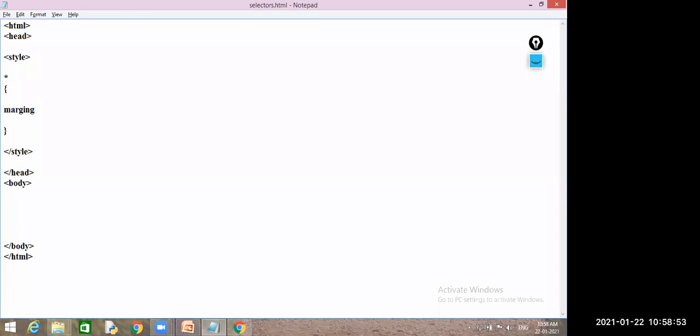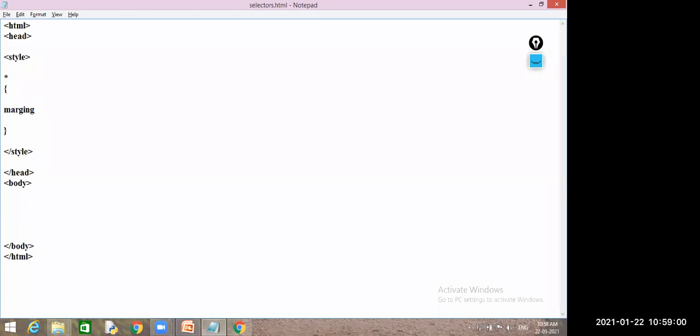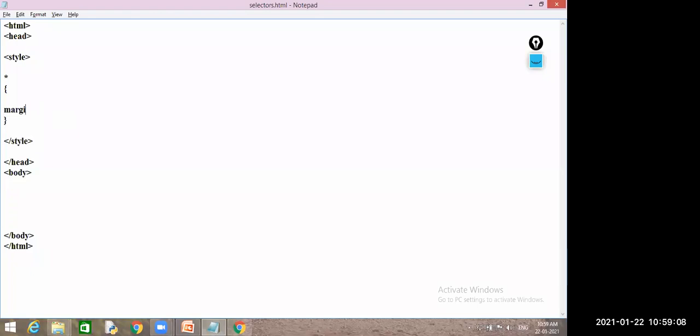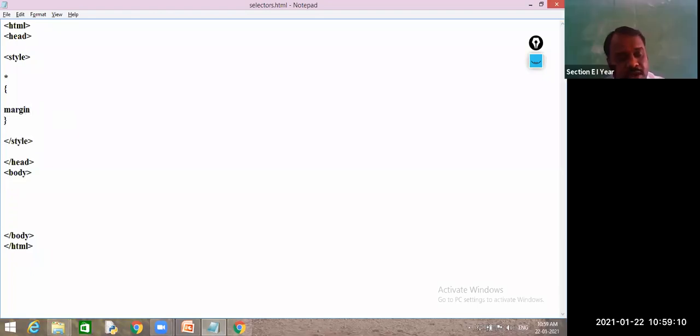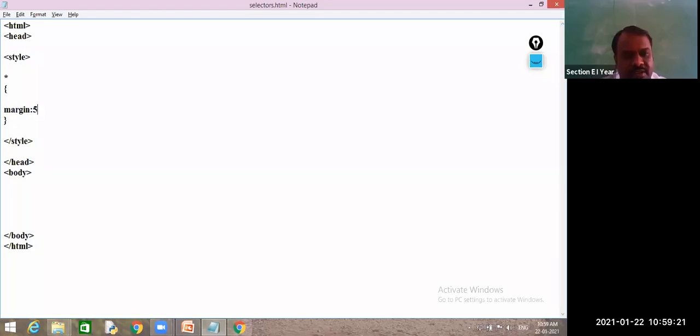How many margin properties did you learn? Margin, margin top, margin left, margin bottom, margin right. So here I am giving margin 50 pixel.